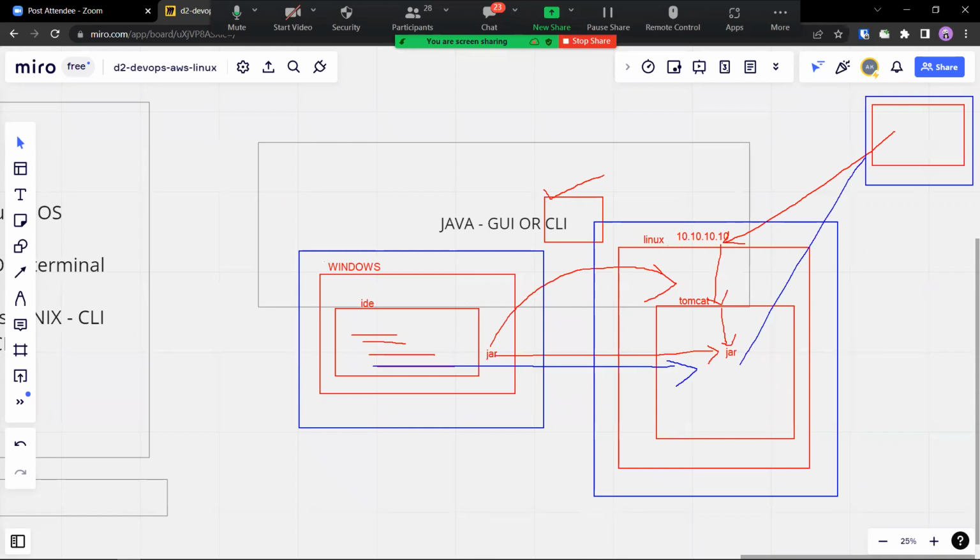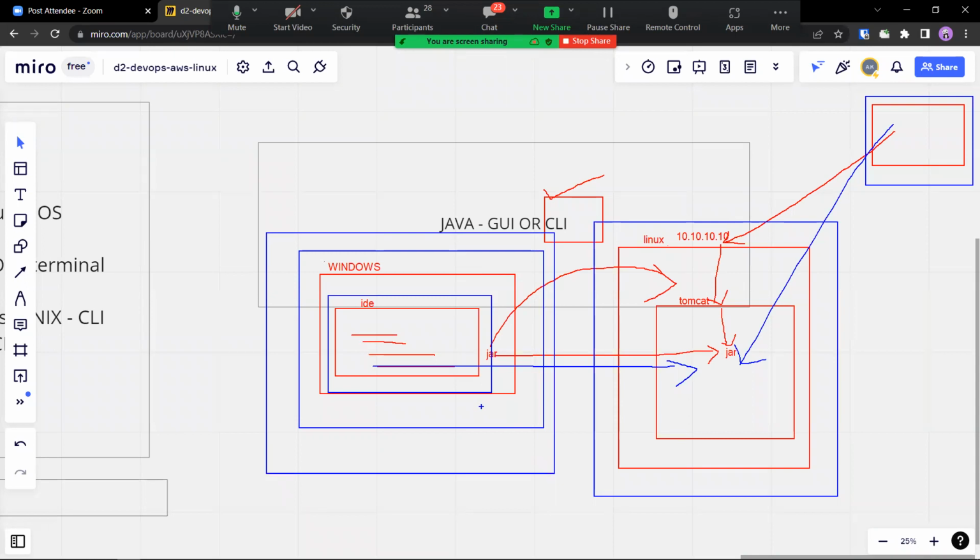Now, this flow is very common. Almost every programming language follows the same flow. A developer develops everything on a Windows laptop using a nice IDE like Eclipse, creates a jar file, and puts it onto a Tomcat server, which is running on a Linux server.